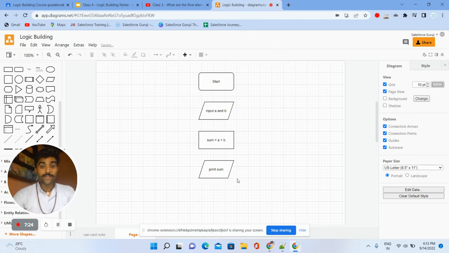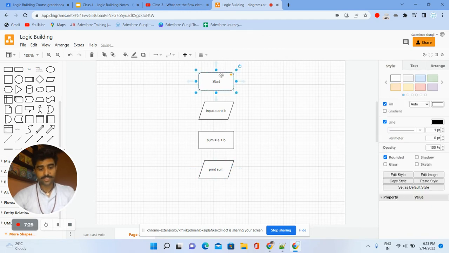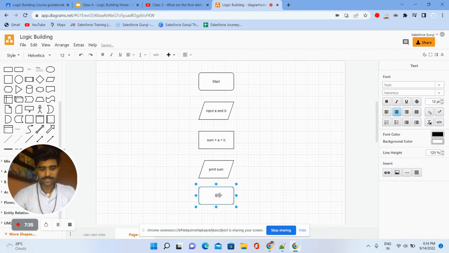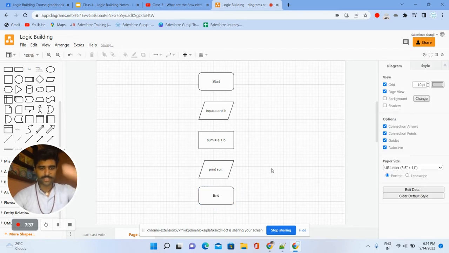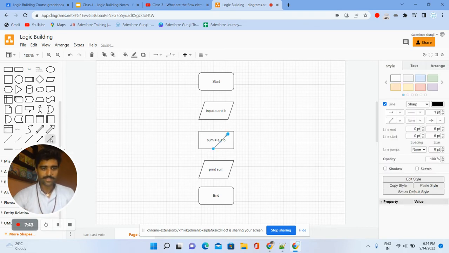Now we want to end it, so we can copy paste this or create a new one from there. Okay, drag and drop it, it's up to us. So we can say end. Now we have to connect all of these. So how can we connect? Again, we just need to use the arrow, and through this arrow we can connect this to this,